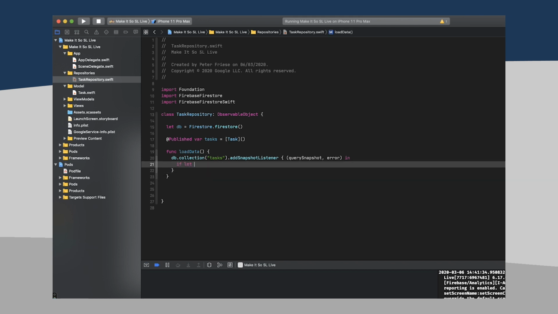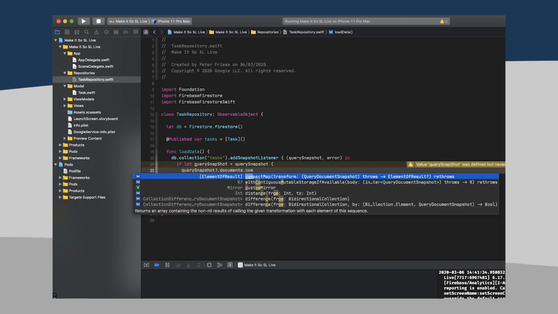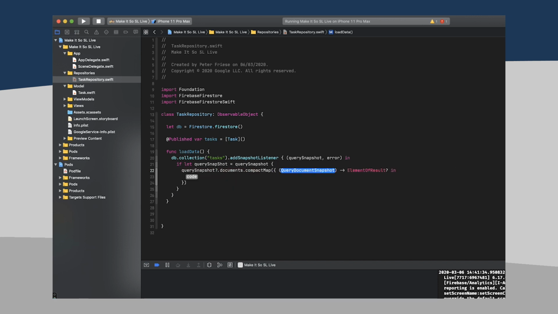And then let's see, if the query snapshot is not nil, we can go ahead and take the query snapshot, get all the documents that it has fetched, and then iterate over all the documents. And I'm going to use a compact map. And then we're going to get a document,